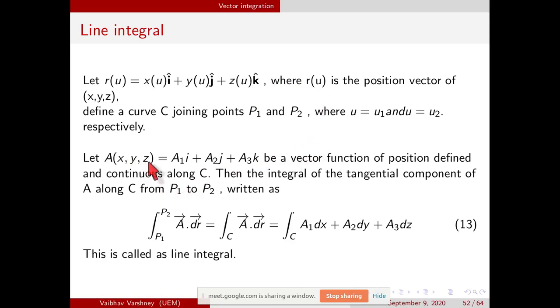So if we are integrating a vector a1 i plus a2 j plus a3 k, then the line integral of this along that curve from P1 to P2 is a dot dr, vector a dot vector dr. See, instead of P1 and P2 you can also write C. C means that curve which we are assuming. If we do the dot product, then a1 comes with dx, a2 comes with dy, a3 comes with dz. So a dot dr denotes the line integral, meaning integration of any vector along any curve or any line. Any doubt in this?